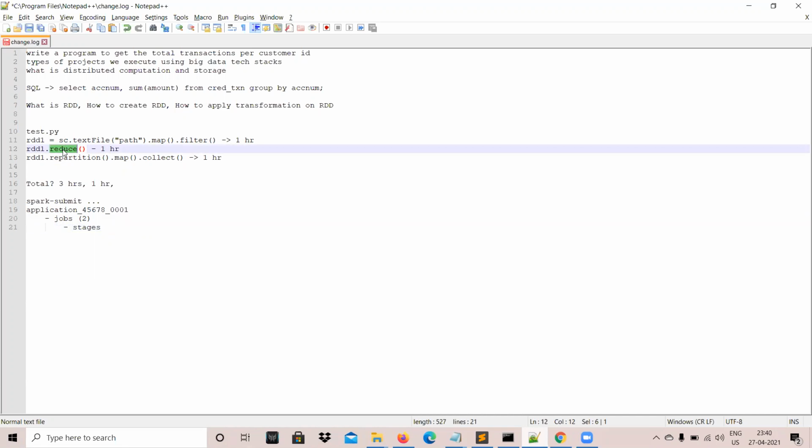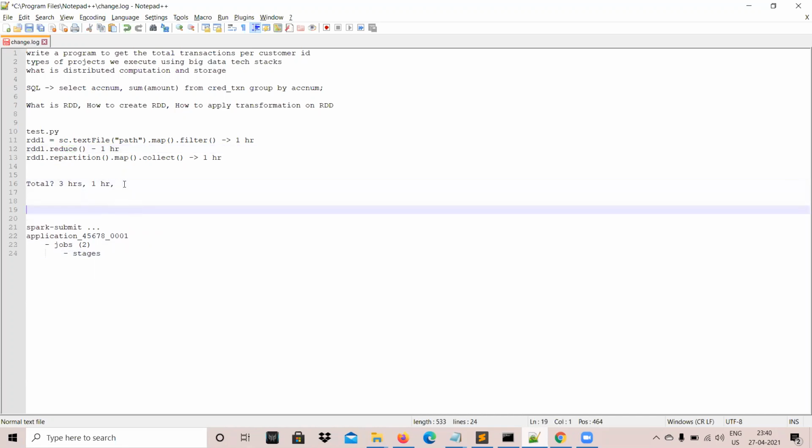Let's try to simplify, or just reformat the code to see how it looks. We are saying that actions trigger the executions, and that's why we call them jobs. Jobs are nothing but different actions invoked in the backend. So this is the first job, and this is the second job.